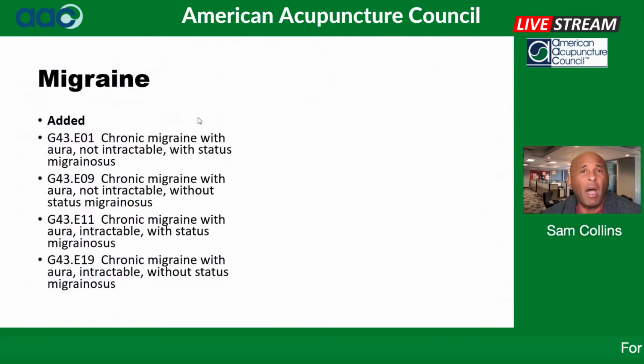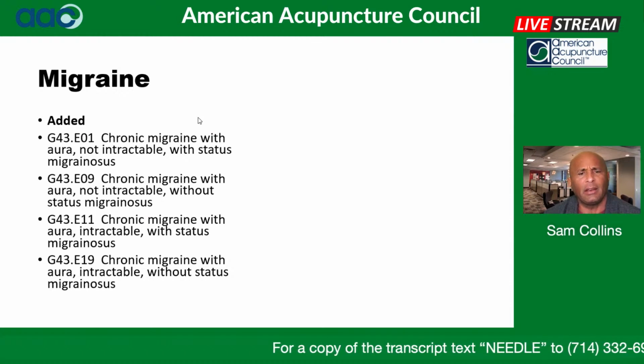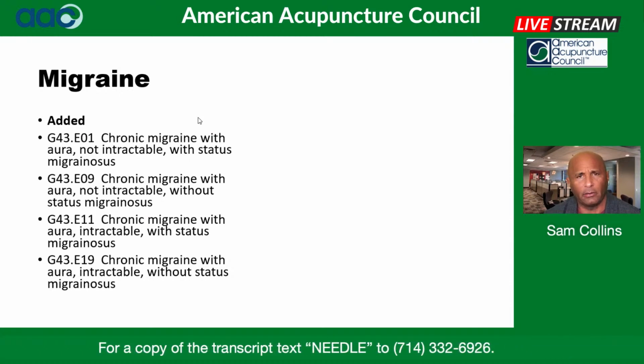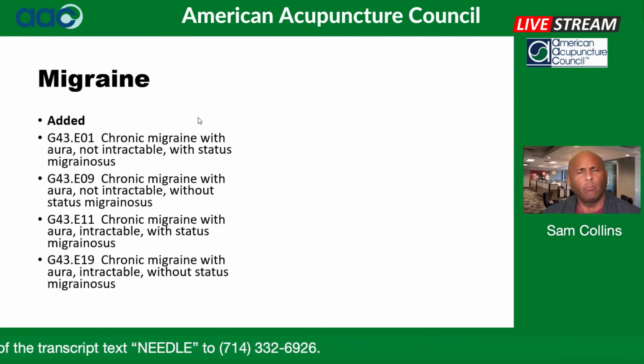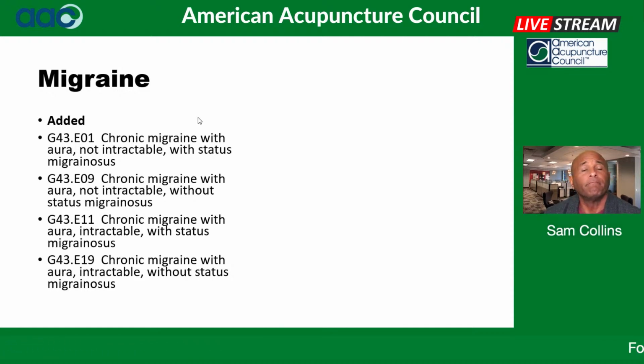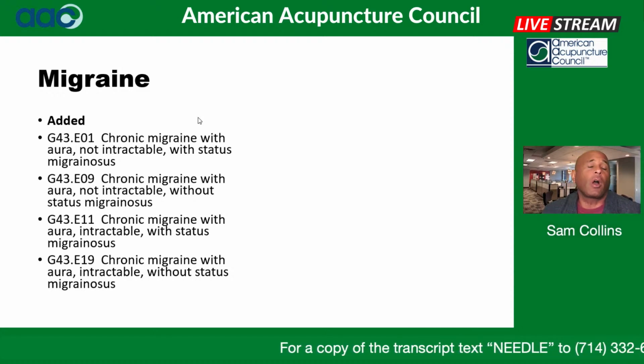Well, here's one. Migraine. It was first on the list for Aetna. Notice now we have codes that indicate chronic migraine. And I know you might be thinking, Sam, there's always been a code for a chronic migraine. No, there hasn't. There actually has not. There's been codes for migraines never identified as chronic. Now, what does